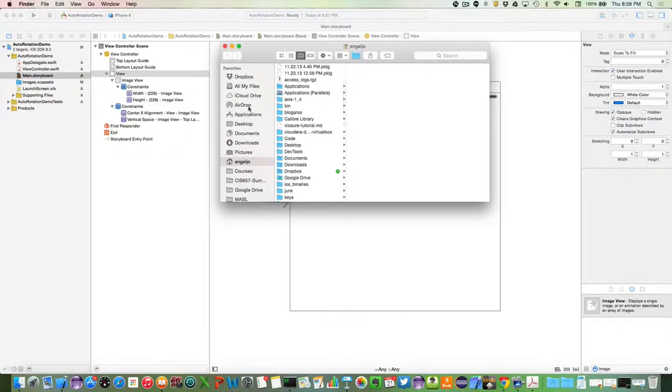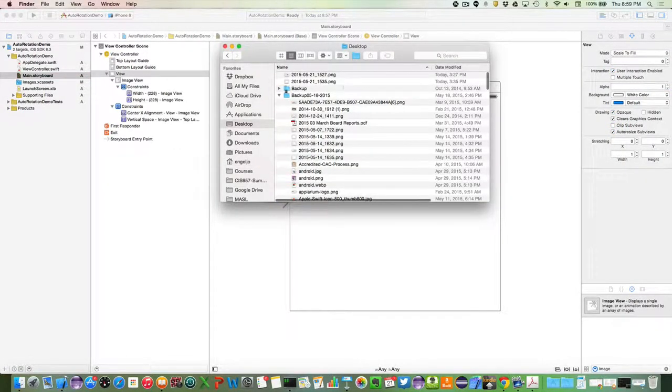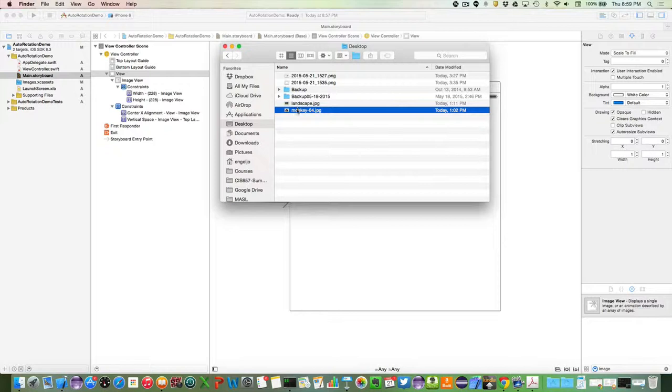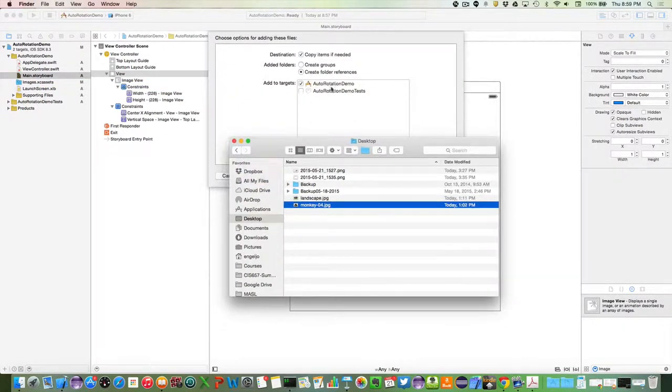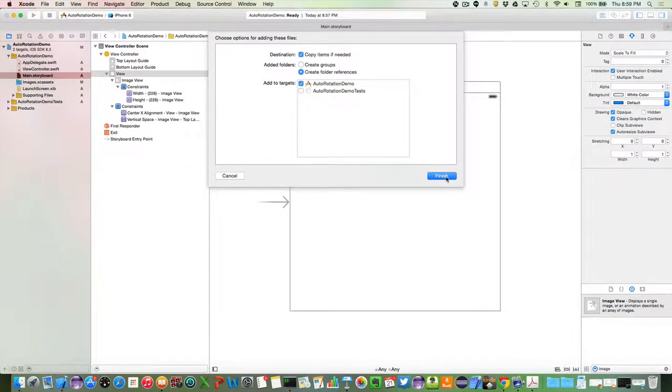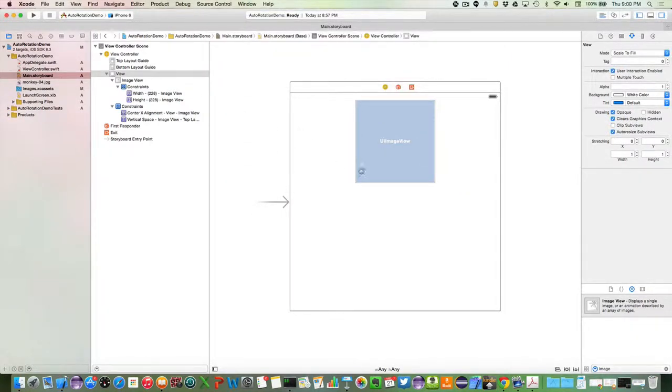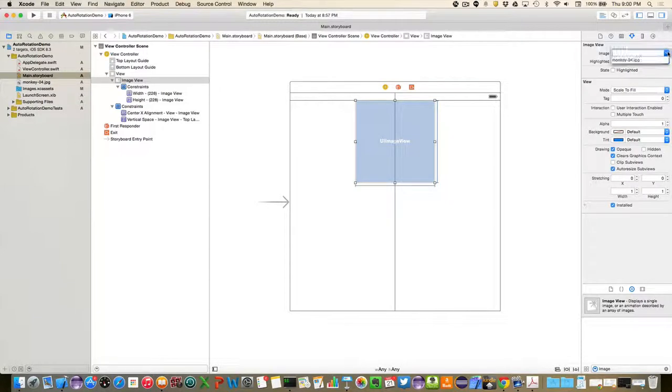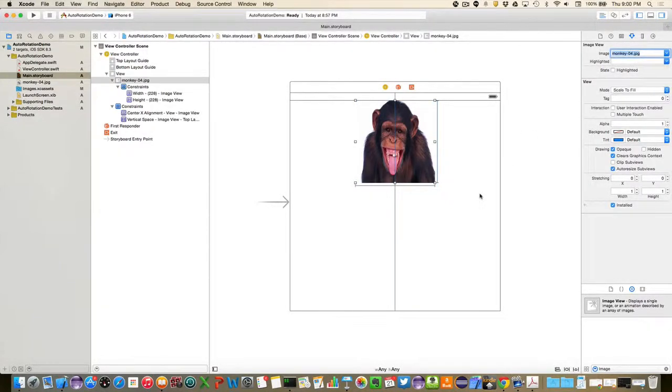And then I'd like to put an image on here, so I went and looked for some good monkey pictures. So I got a wonderful monkey. I'm going to drag this to my project. So it's just an image, and we'll copy it, and then when I go here I can select the image right here. Okay, so there's my monkey,